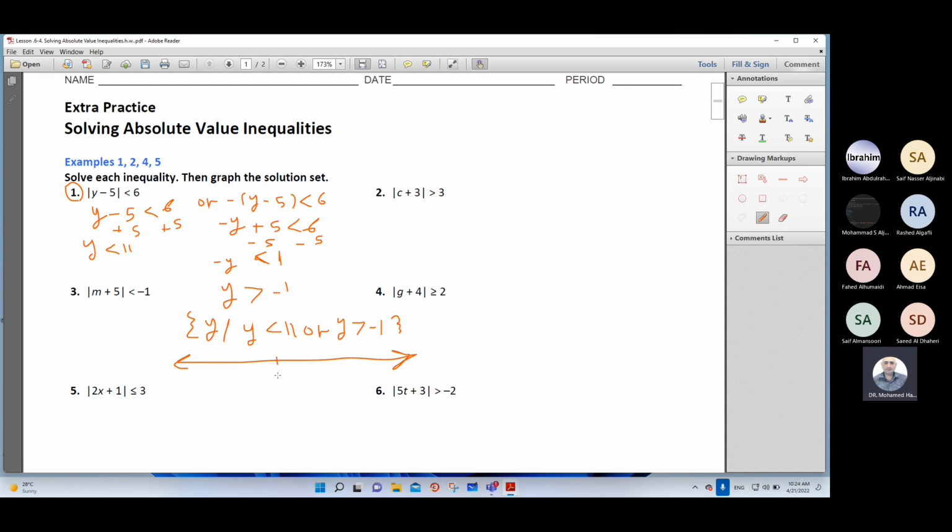We have here 0, here 11, open circle, and y less than 11 to the negative side. And here we have minus 1. Open circle, and y greater than